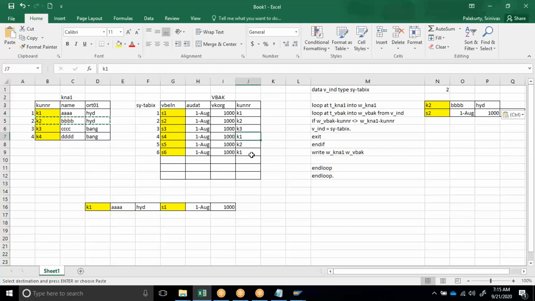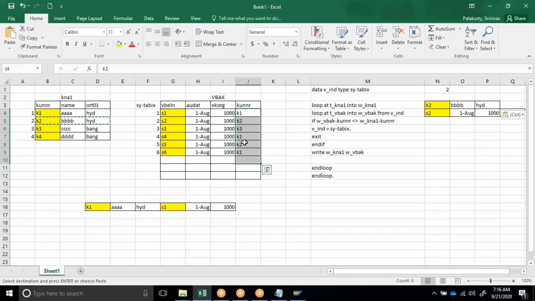It is not writing those in the output. So indirectly this becomes like a loop and read concept. So this table should be sorted. This table also should be sorted with the fields we are using. Until we sort the table with the fields, all the K1s won't come together, all the K2s won't come together. So if you apply parallel cursors without a sort statement, it's of no use.